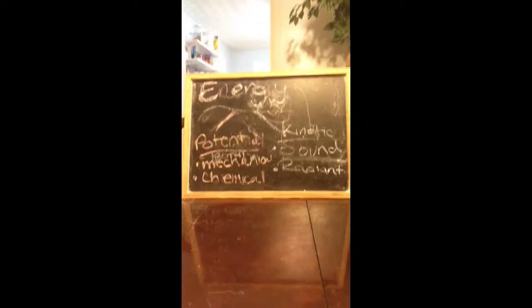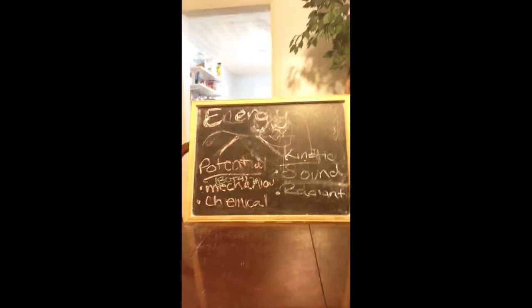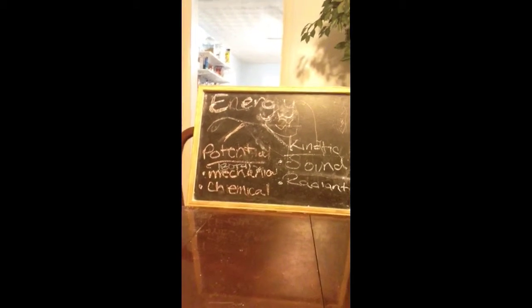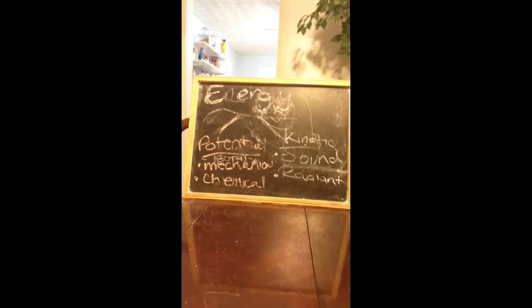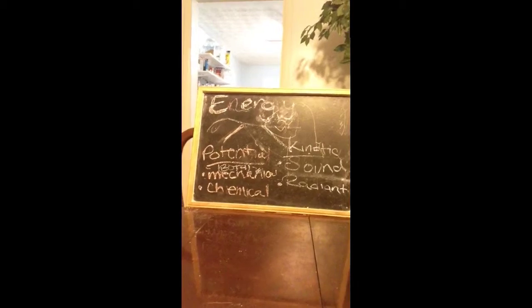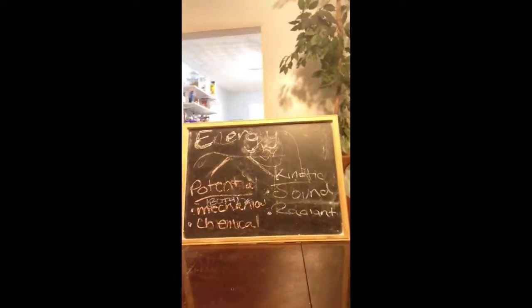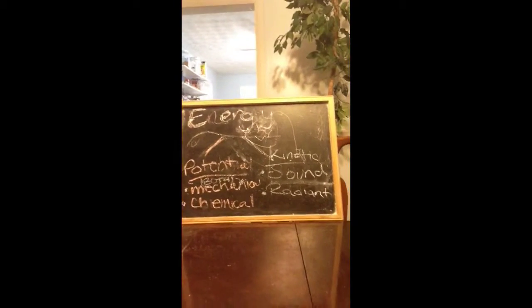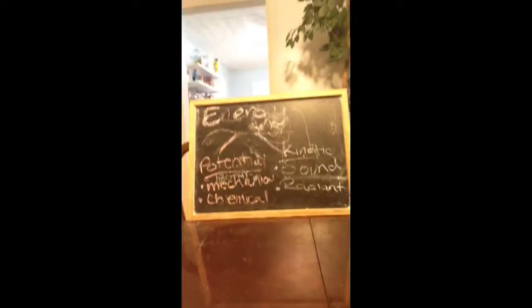See, on the board, I have energy, and it's separated by the 2 main categories, potential and kinetic. Under kinetic, I have sound and radiant, and under potential, I have mechanical and chemical. And as you can see, for mechanical, I put it could be both potential and kinetic. I think the best thing to do before I start doing examples of transformations of energy is